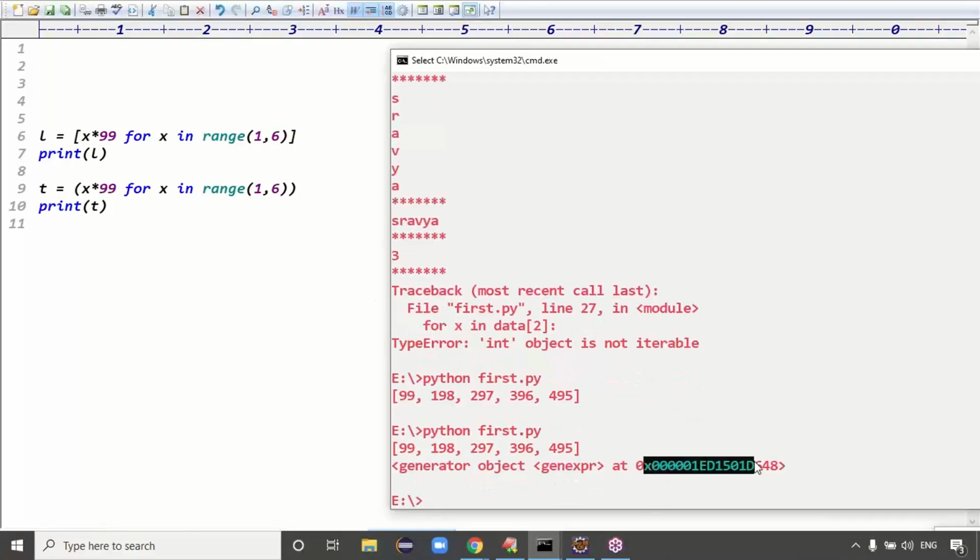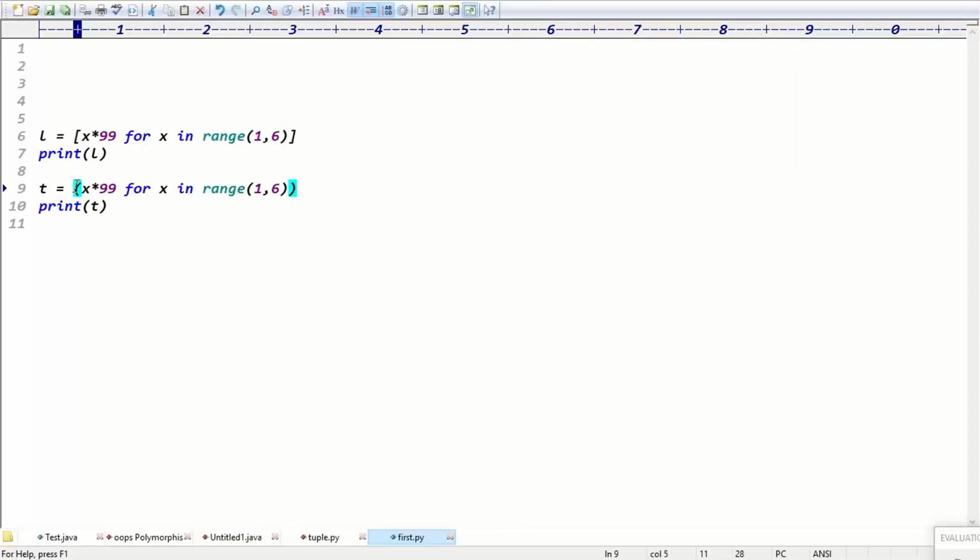It will take the data as an object, a memory address. In a tuple, if you need this type of data, you need to do type conversion to tuple format. Guys, for a list, you can directly use square brackets.